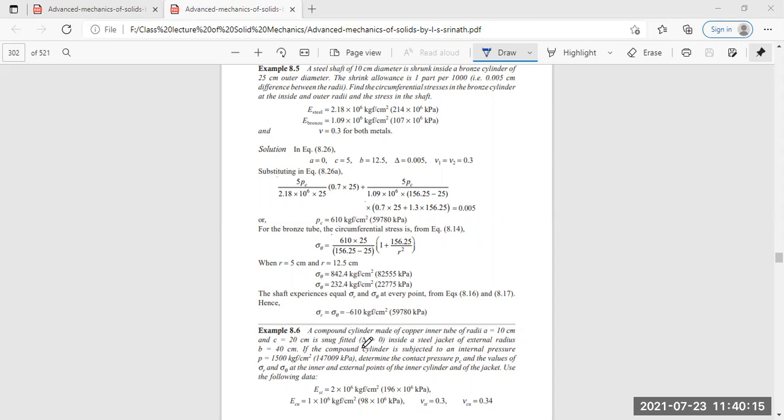Now, if the compound cylinder is subject to an internal pressure of 1500 kg per centimeter square, or 1,47,009 kPa, determine the constant pressure PC. We have to calculate the contact pressure, which is actually not a constant pressure, the pressure between this copper tube and the steel jacket, and the values of radial stress sigma r and